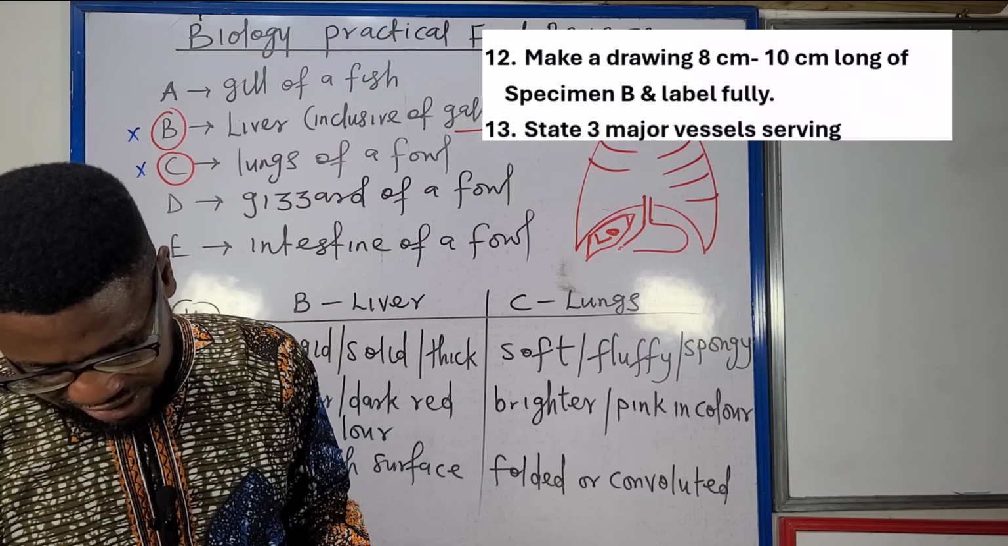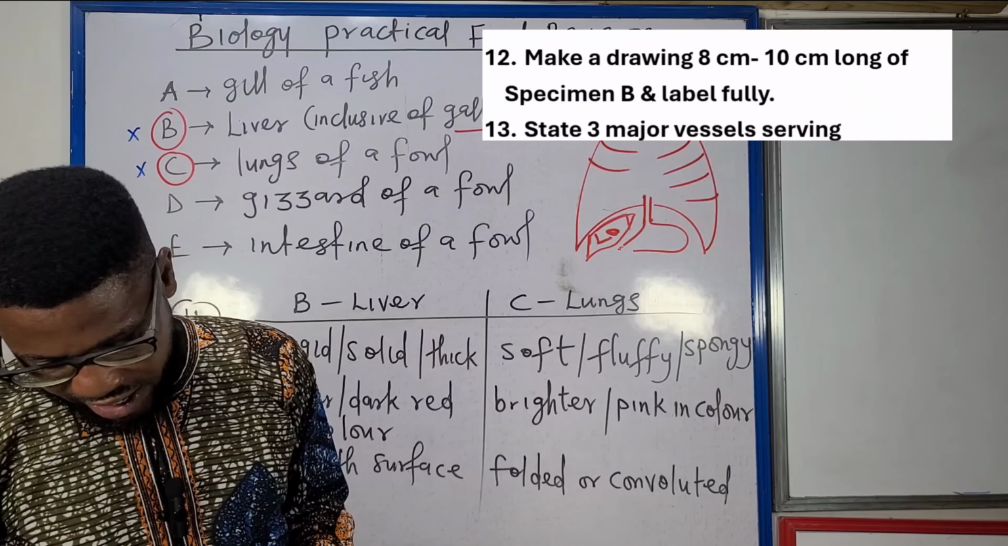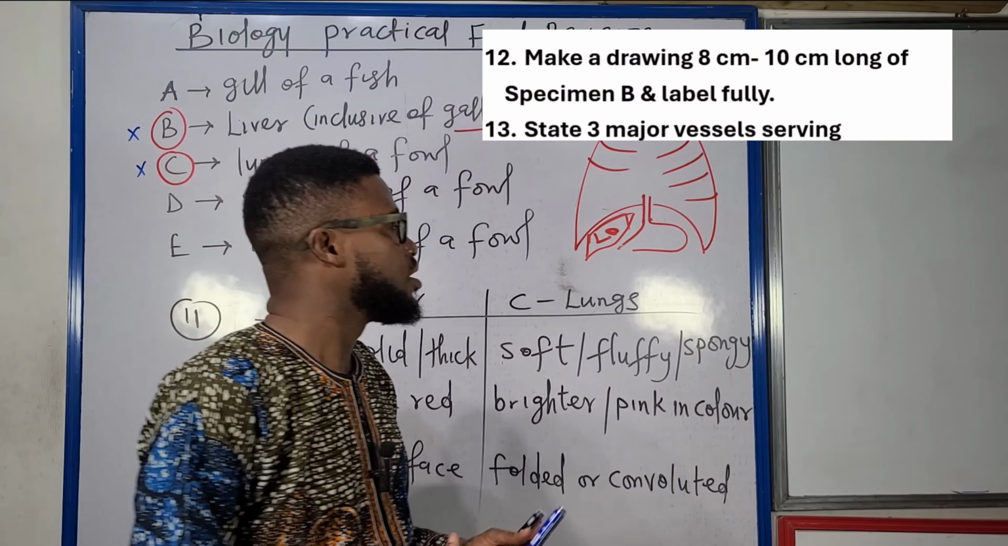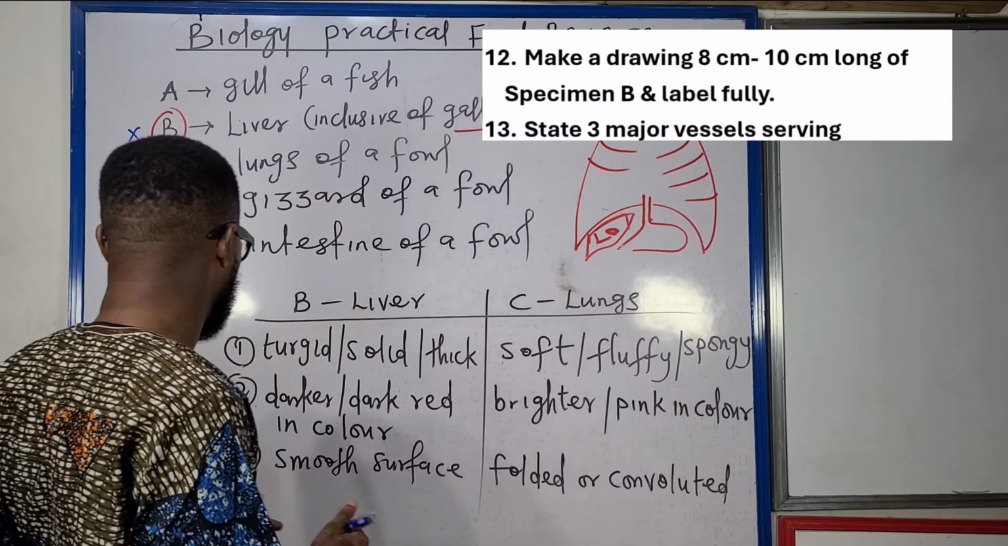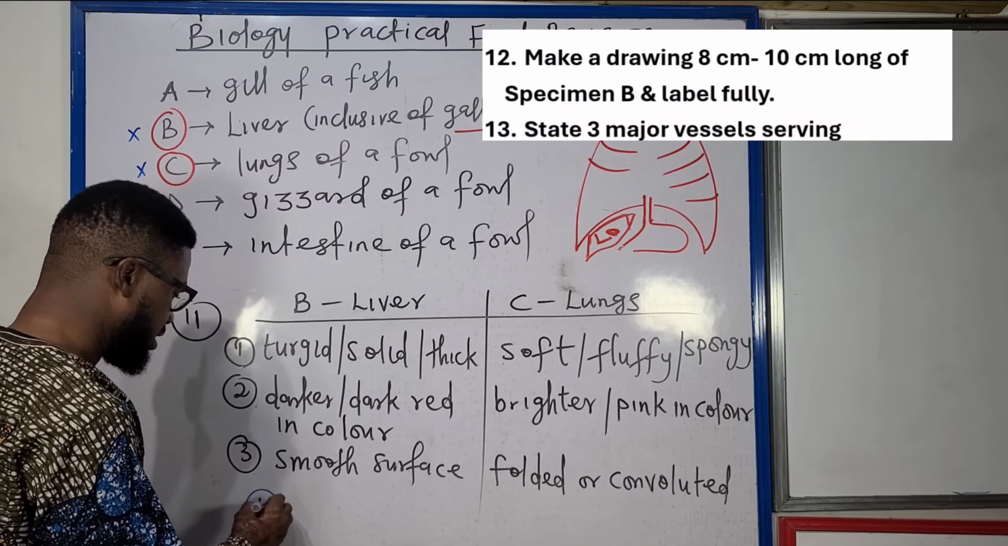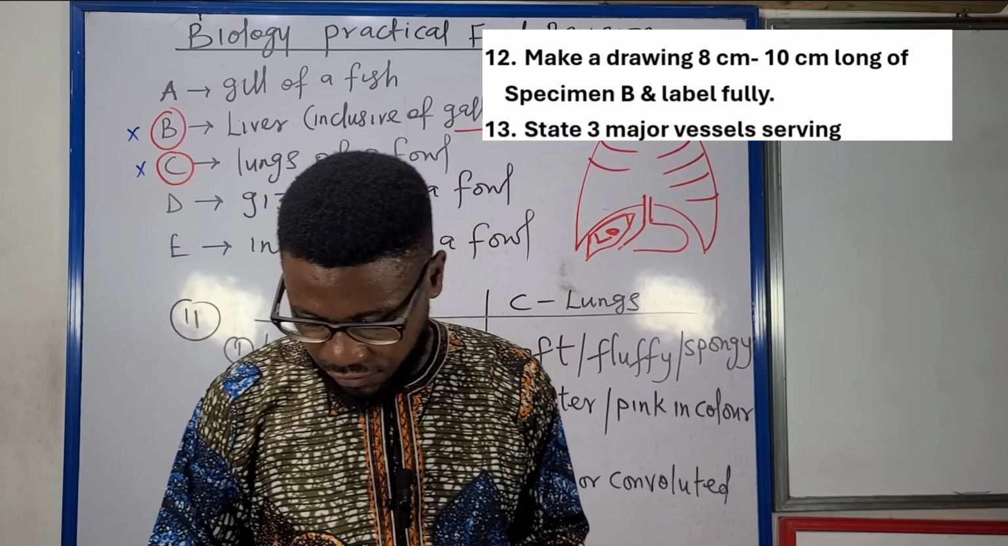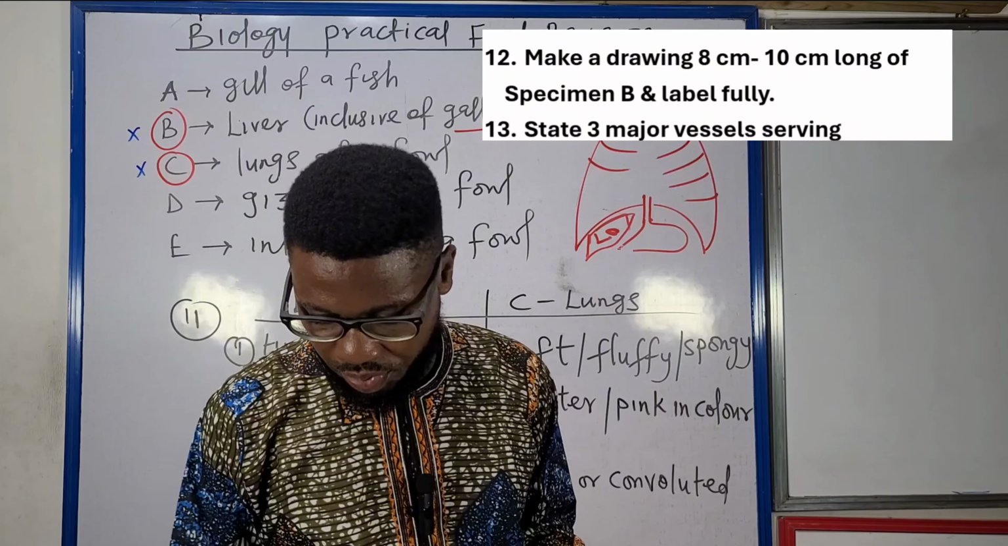Question 12 says make a drawing 8 centimeter to 10 centimeter long of specimen B and label fully. Well, for question 12, do I believe in this question? No, I do not believe in this question, but just for the sake of completion,